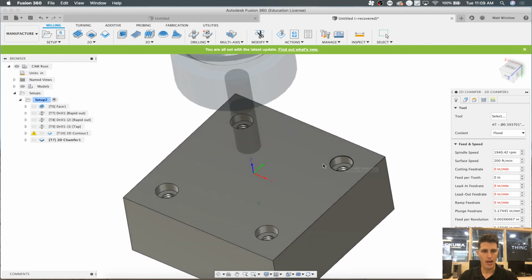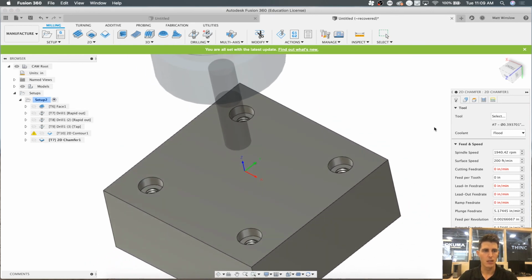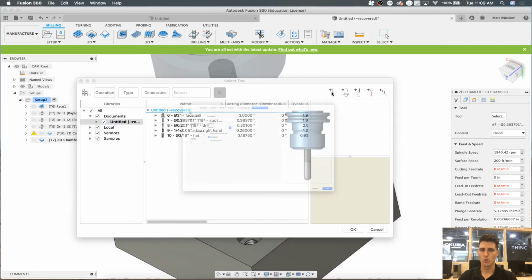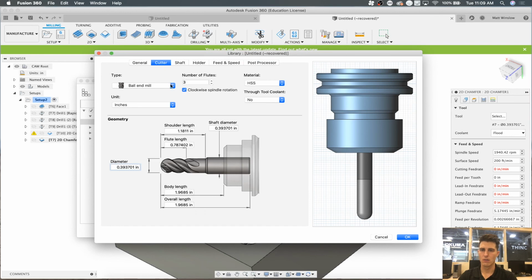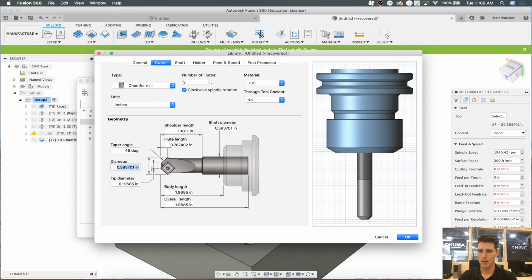Now, you don't want to have the chamfer modeled. You just want to have a nice sharp line like this. And so I'm going to go ahead and create a chamfer tool. And on the Akuma, at least, because I just did it, I know we've got a 10 millimeter tool. It's at 45 degrees and the tip diameter is like 5 thou. So I think it's a 4-fluter carbide,